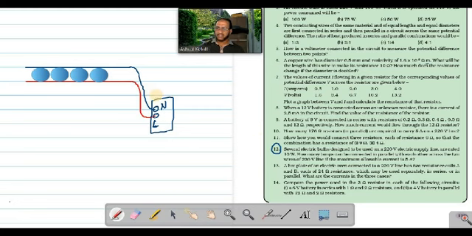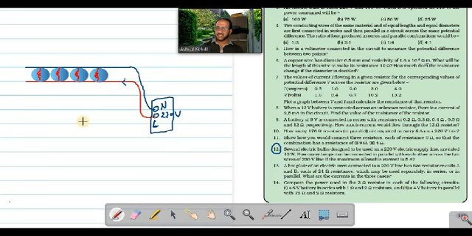Suppose between this live wire and neutral wire, 220 volt is the potential difference. 220 volt line means this live wire carries high potential. This is neutral. Between these two, 220 volt is the difference, and these are the LED bulbs. Each bulb will have a resistance inside. The filament of the bulb will have a resistance. Actually, LED bulbs don't have any filament, but they have something different, a PN junction diode. But anyway, there is a resistance for that. Without resistance, there is no device.